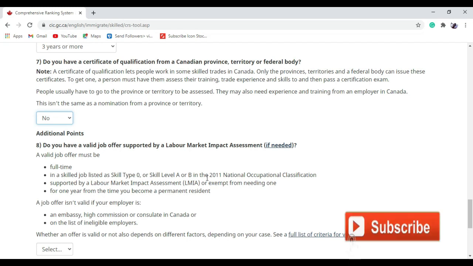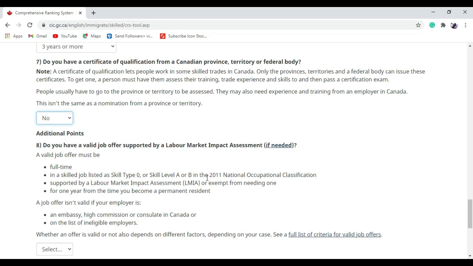The 8th point says, do you have a valid job offer supported by the Labour Market Impact Assessment? You guys may get confused, what is this 8th question about? Labour Market Impact Assessment's abbreviation is LMIA.